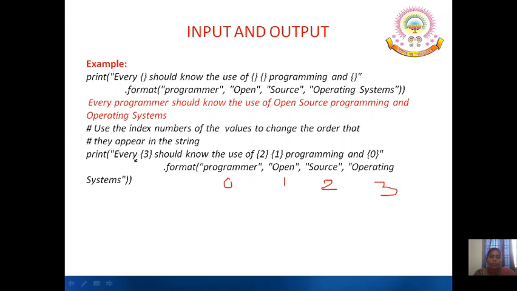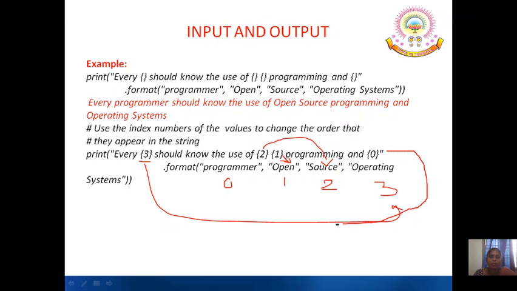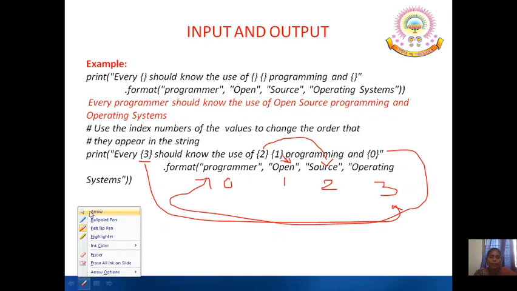So in third position you are going to write the operating systems and in the second position you will be writing the source. In the first position you will be writing open and in the 0th position you will be writing program. So how will this be? Every operating system should know the use of source, open programming and programmer. This is how it should be looking.